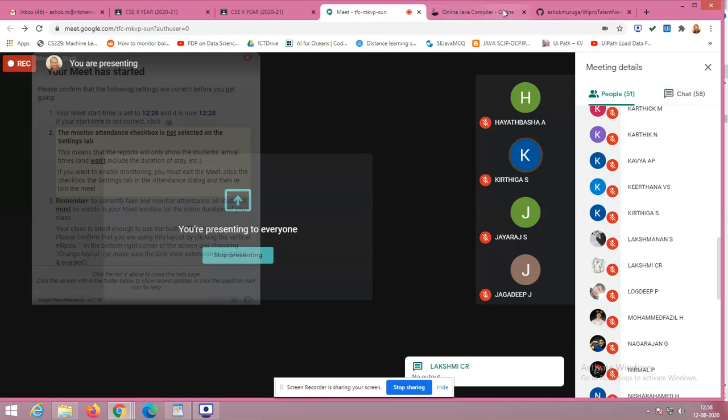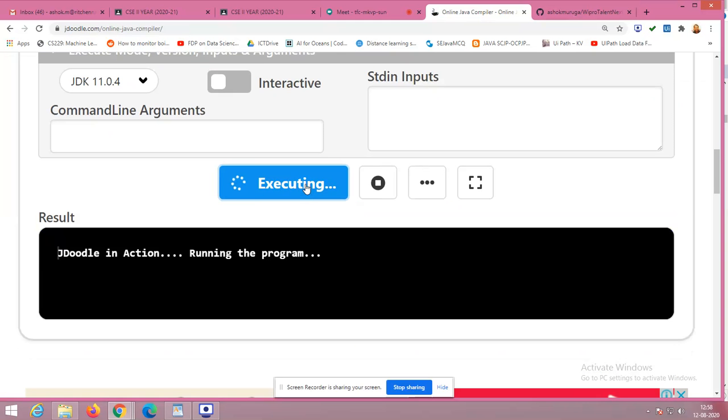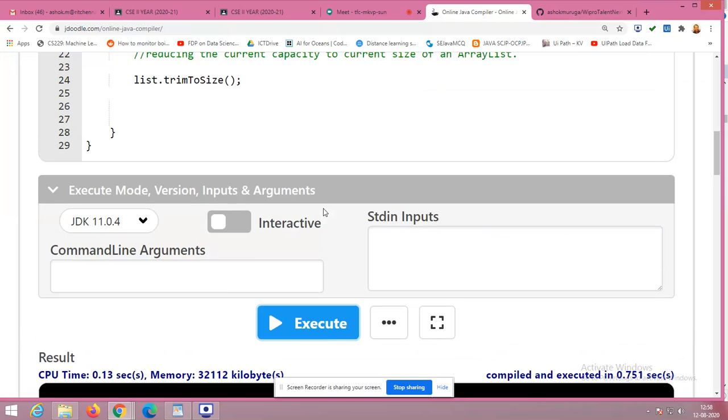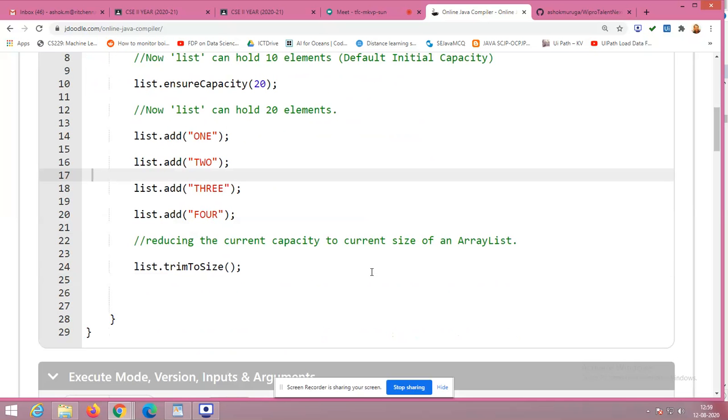Yes, very good, Lakshmi. That could be no output, right? Ultimately, I am not printing anything here, so there won't be any output. But what could be the understanding? Initially, we have 10 as the capacity. I have converted it into 20. I have utilized four places in there. So the remaining 16 places are empty. Now 16 places are converted into 10 places. In the 10 places, 4 elements are occupied. So remaining, I have only 6 places. Right? So that could be the logic behind this, but it was not exhibited here.